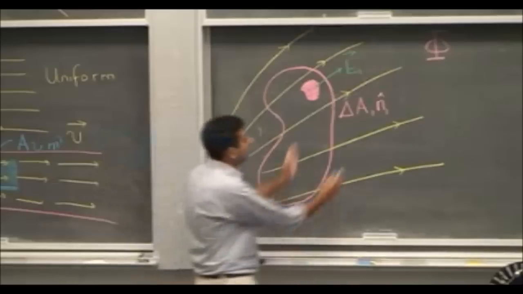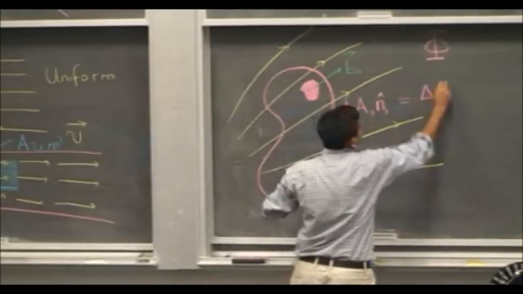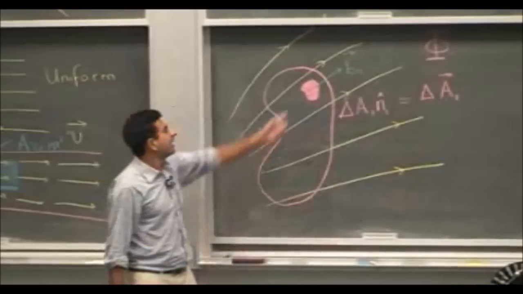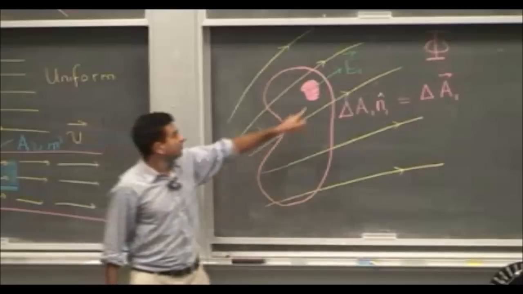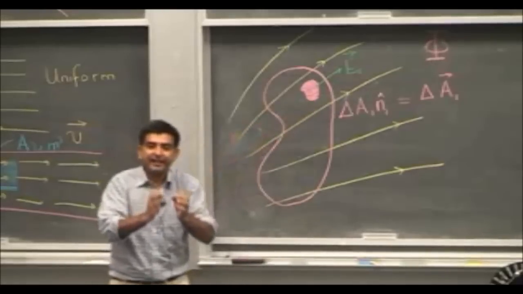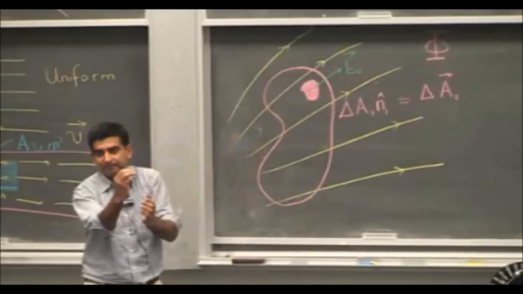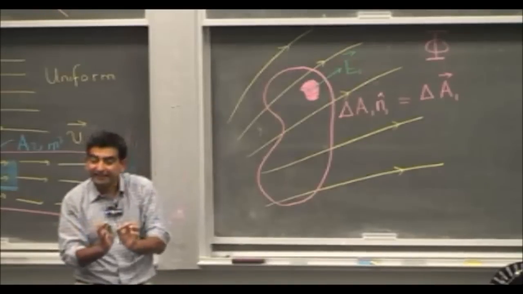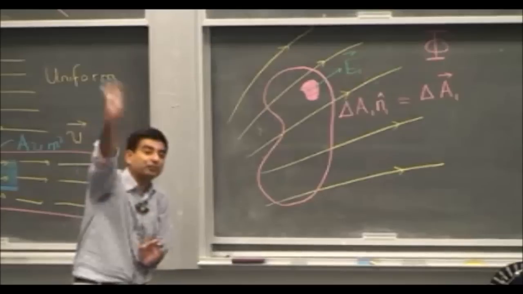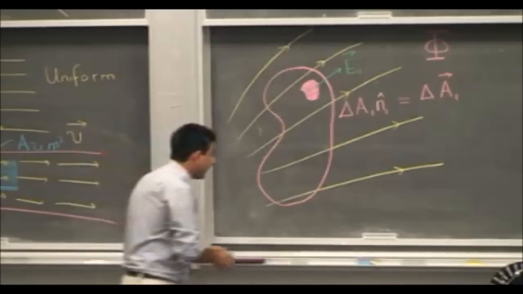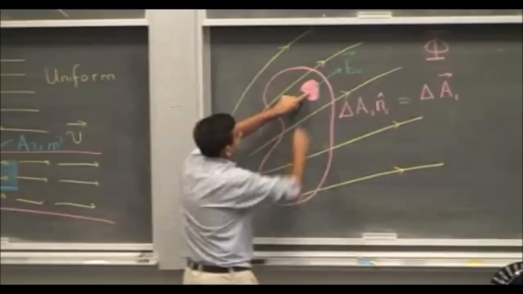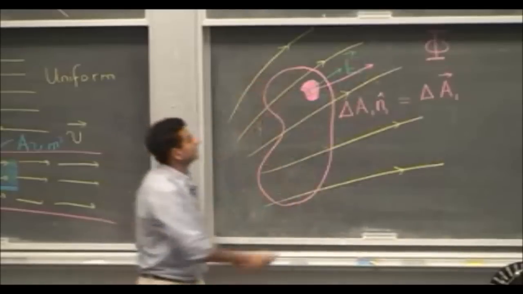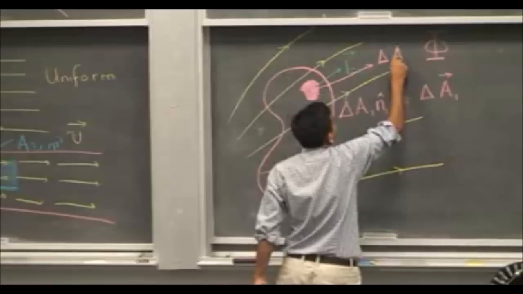Okay? Or I can compress and write this as delta A1 vector, right? A1 itself is a vector. And what's the direction of this vector? Now this is an area surface. I take the direction to be normal to the patch and pointing outwards. This is a convention. Okay? I take the direction of the area vector to be pointing outwards, and normal to this patch. So there is an area vector that's pointing radially outwards, and it is represented by delta A1.